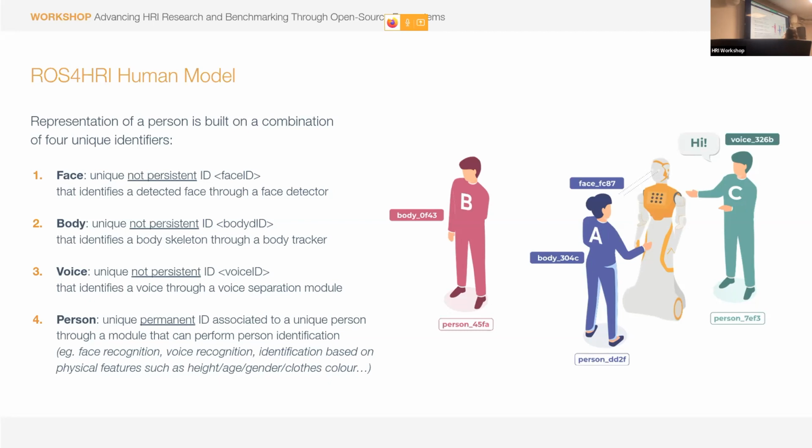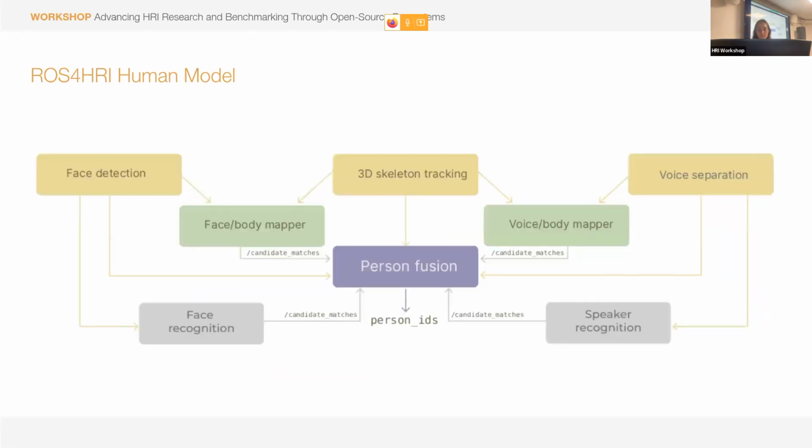And the last one would be this case where the user is in the back, so there's no visual perception of the person. I can hear the voice, for instance. So again, just by having at least one of those IDs, I know that there's a person there, and then I'm aware of this presence in there. So different ways of representing the human in the system. So this is basically what I just went through. We have these different models, and the person vision is the one that's in charge of handling all this information and making sure that you're looking at this person, that you can identify that person, no matter which modality you're using to interact with them.